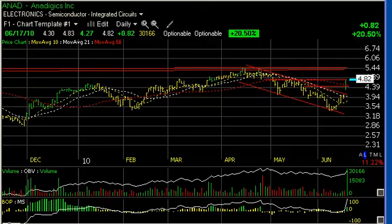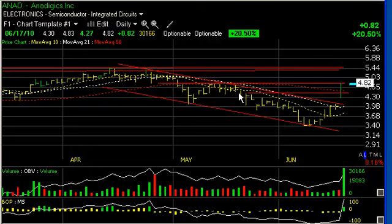A lot of tech stocks on our list today, but we'll review them as we go. And ANAD, A-N-A-D, a low-priced semiconductor stock, had a significant technical session. You can see the 2-month declining channel was tested yesterday. Today, it gapped up through it, taken out the declining tops line, 20-day moving average, and blew through price resistance